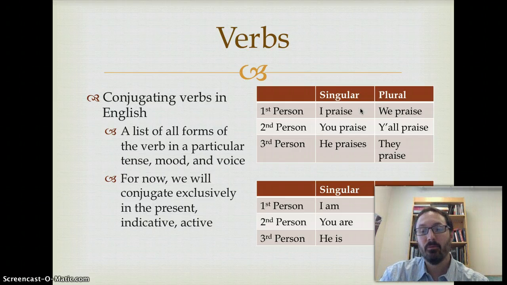A better example is maybe the verb to be, where we can see it conjugated I am, but you are, and he is. That's a pretty good example of a conjugation in English, where the verb actually undergoes some changes depending on the subject of the verb. Although you'll see that in the plural, the verb is are for every possible person, right? We are, y'all are, and they are. So that's not too terribly exciting.